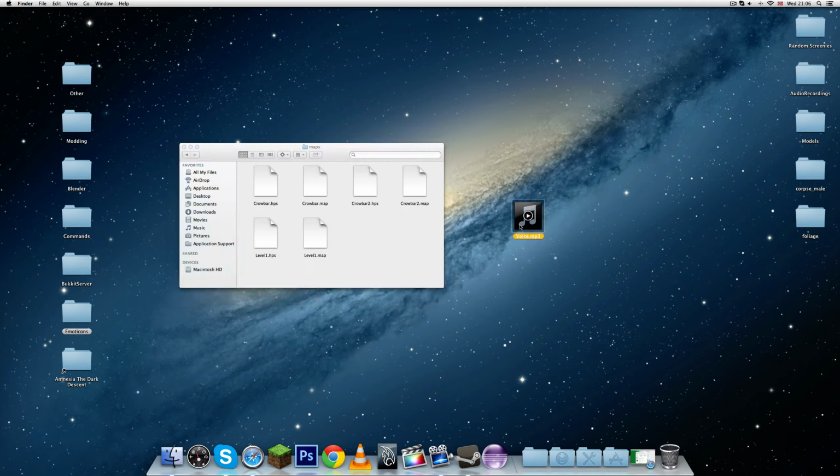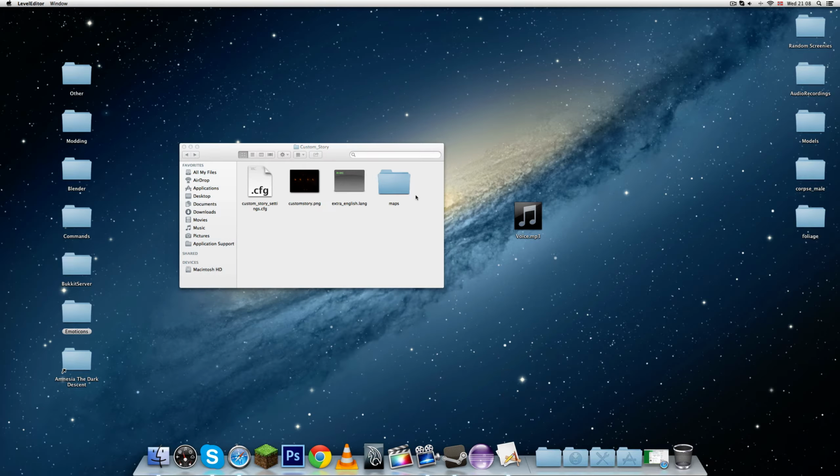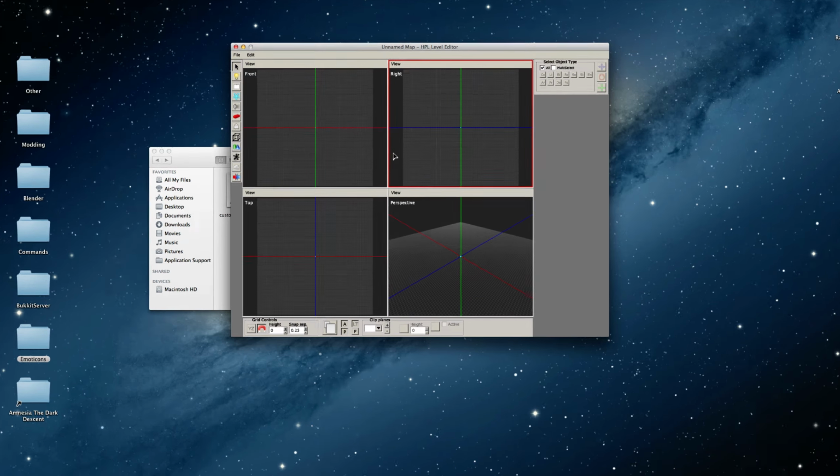We're gonna make this recording that I made into a file that we can play in Amnesia when we pick up a note. So it's actually quite simple, but a lot of people are having trouble with it. I know I did in the beginning, so I'm just gonna make a quick little video on it. So let's just start by opening the level editor. I have a shortcut right here, but you should be able to know where to find it.